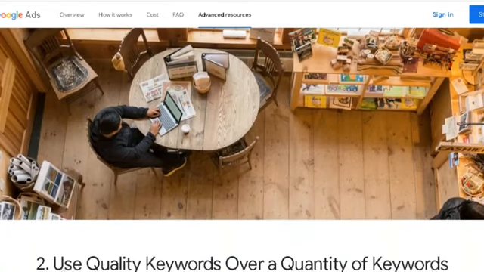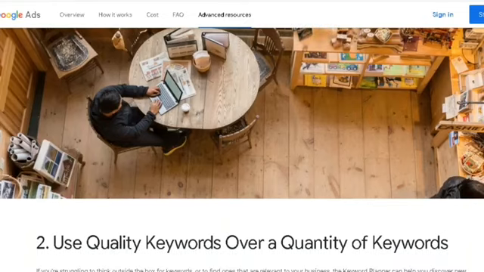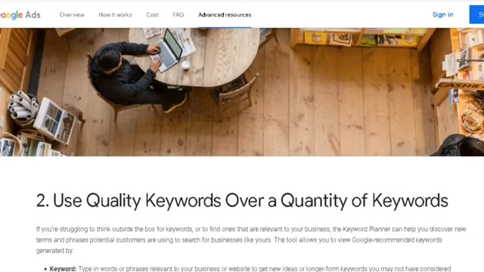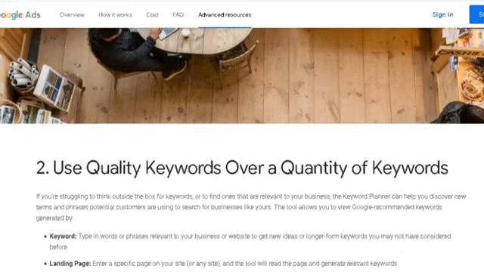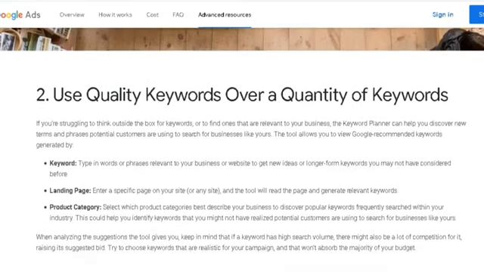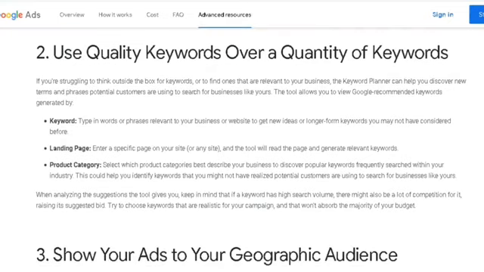Landing page. Enter a specific page on your site or any site, and the tool will read the page and generate relevant keywords. Product category. Select which product categories best describe your business to discover popular keywords frequently searched within your industry. This could help you identify keywords that you may not have realized potential customers are using to search for businesses